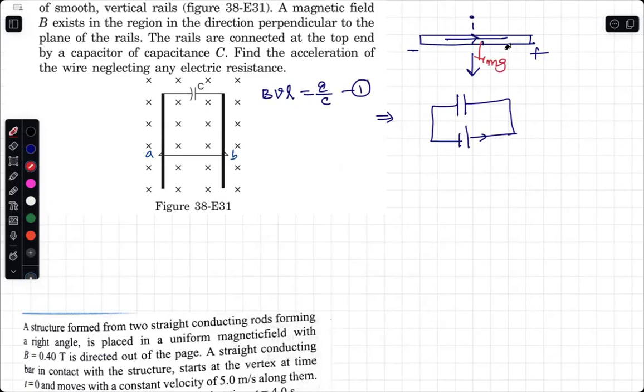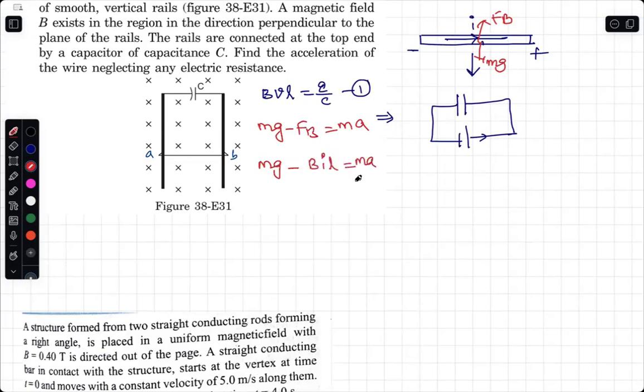Weight force. Magnetic force. For magnetic force, what should we use? Fleming's left hand, inward, direction of motion, thumbs up. FB. So therefore, what you have is mg minus FB is ma. mg minus BIL. Okay, hold on. BIL